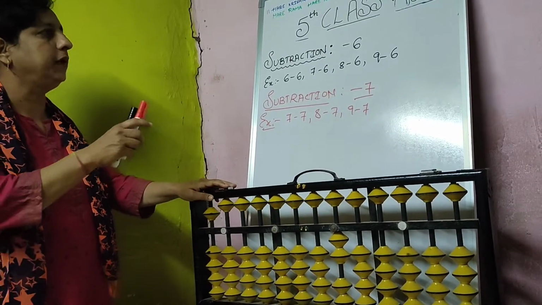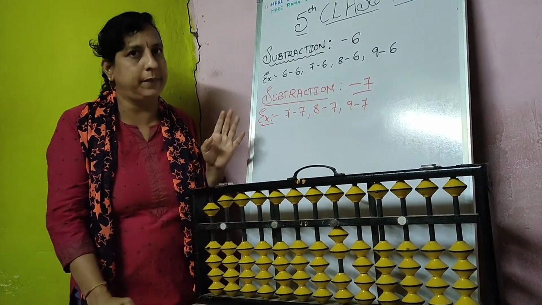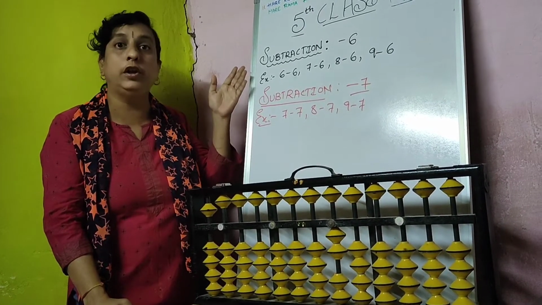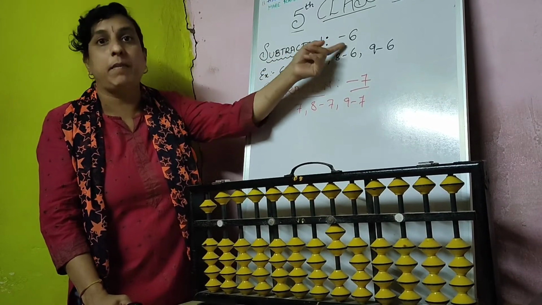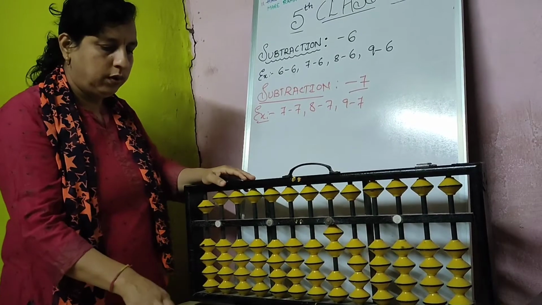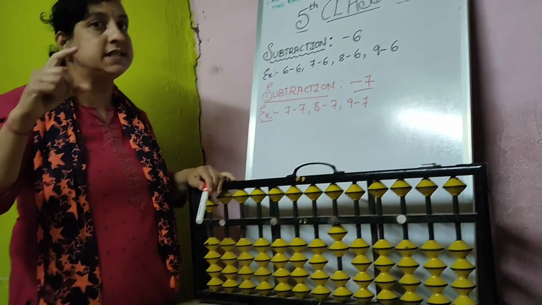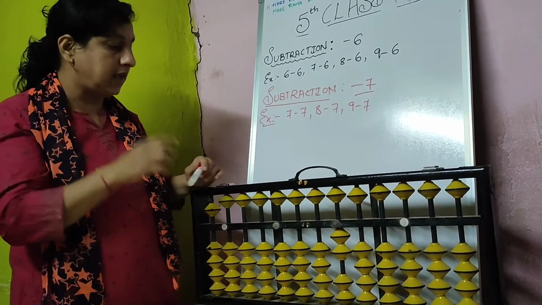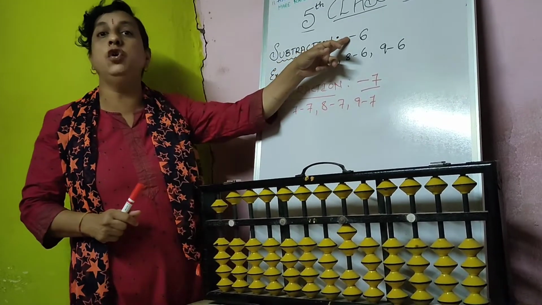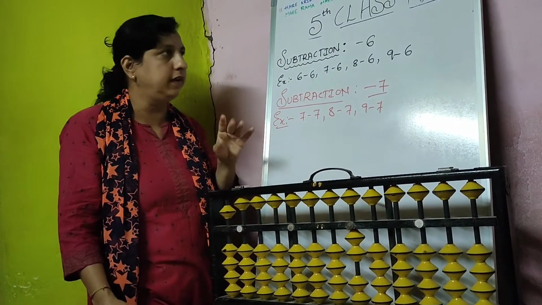हाँ, तो बच्चों आपने वो होमवर्क कॉपी कर लिया होगा. So I think you have copied that, paused and copied. Today I am going to teach you subtraction, -6. Okay, subtraction -6. So how? Because you all of you know that +6, +7, +8 and +9. Last class I have taught you, but today I am going to teach you -6, -7 and -8, -9. That we'll see.